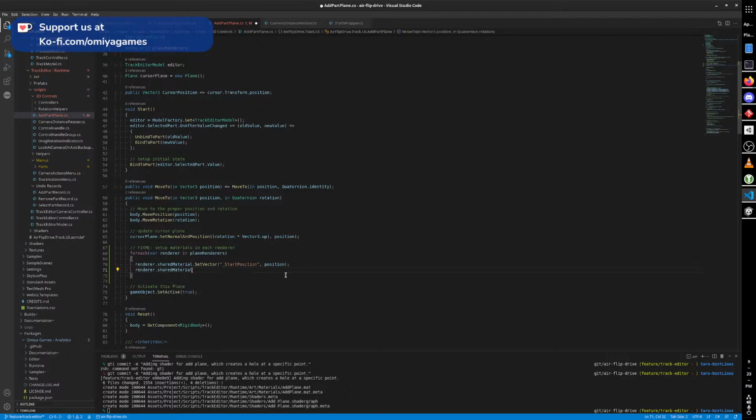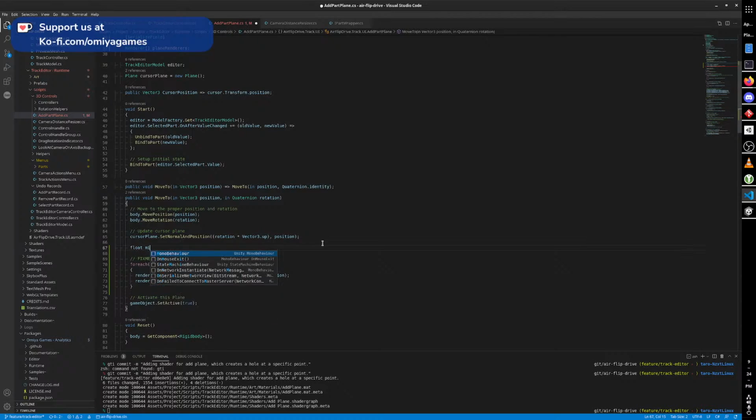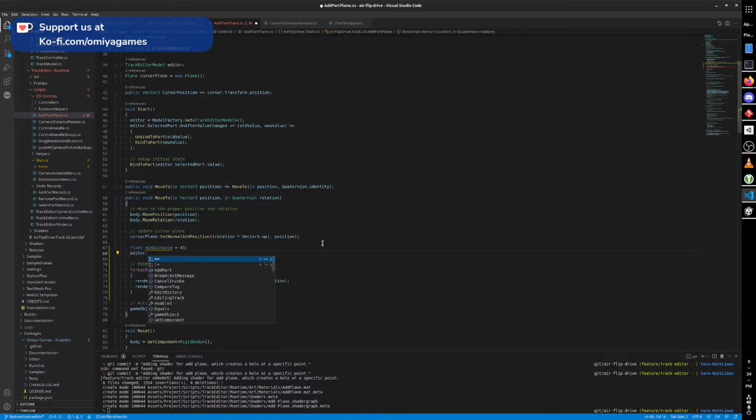But shared material dot set float, and distance or something like that. Float distance. I'm gonna just default to 45, which is really arbitrary. Then editor dot